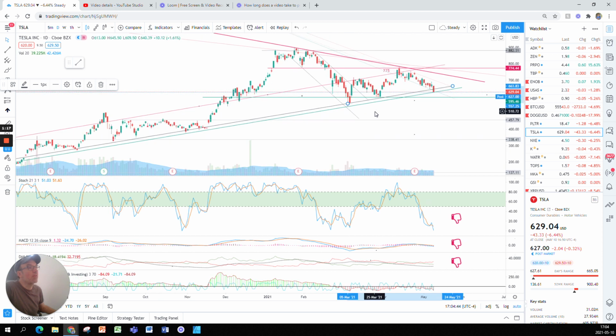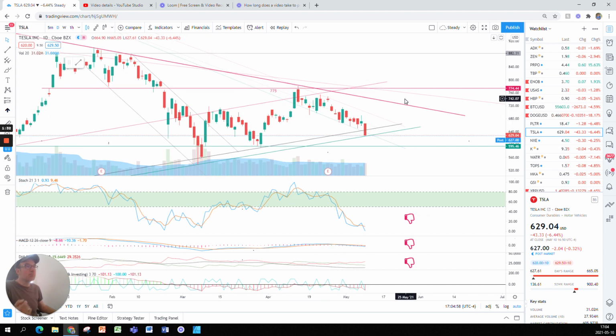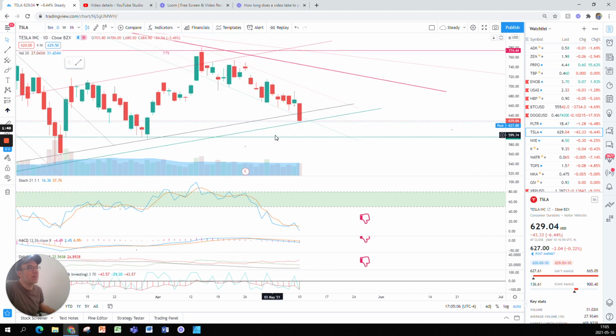So this is what I called a double support. Sometimes it's one, sometimes it's the other. And on March 8th, it was the gray one. March 30th was also the gray one that was used. But today, no. Today the stock is weak enough so that it just went right through the gray support and